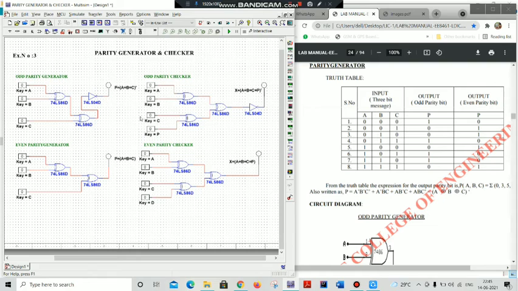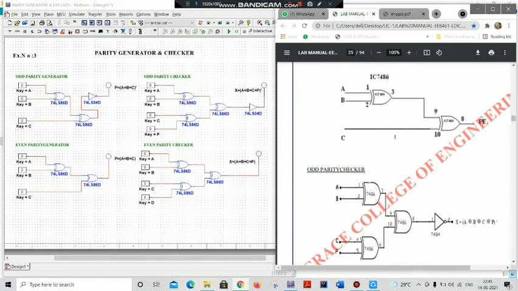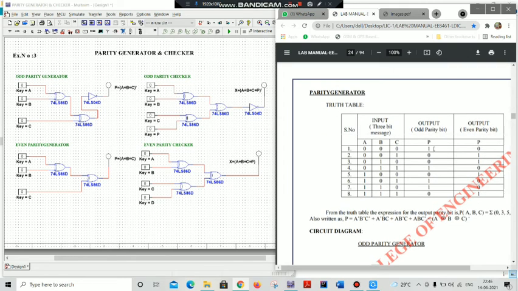So this is the difference seen between your generator and checker. Here I'm making the input in both as 0 0 0, and here a 0 will be given. So the first output, your odd parity bit, will be 1, and similarly for your checker we are having this input.